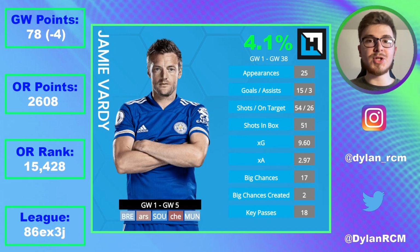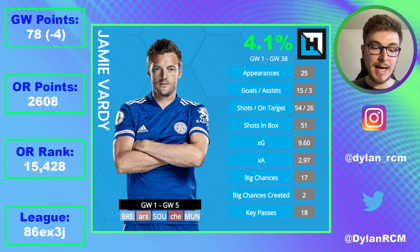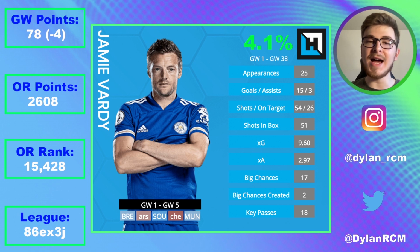Jamie Vardy is a bit similar to Riyad Mahrez last season, where he didn't have too many minutes, but whenever he did get those starts, he did a fantastic job. 15 goals in 25 games, and also, you look at the ownership, it's actually identical, 4.1% compared to Mahrez's 4%, and he also got 24 bonus points, a bit similar to James Maddison,